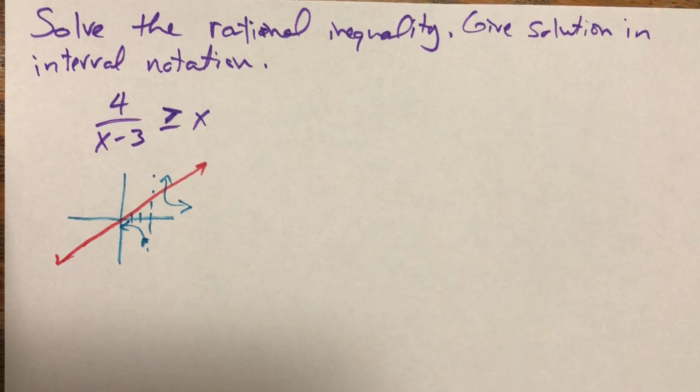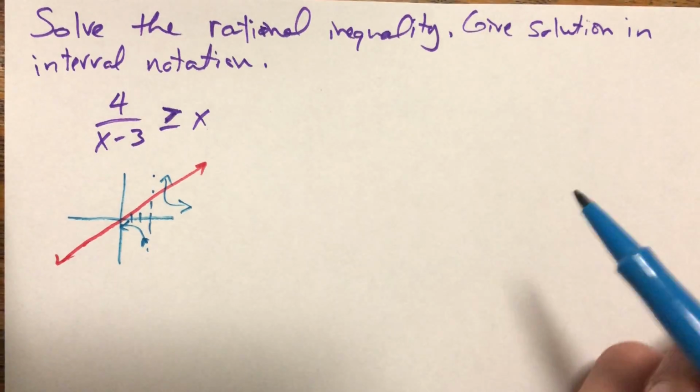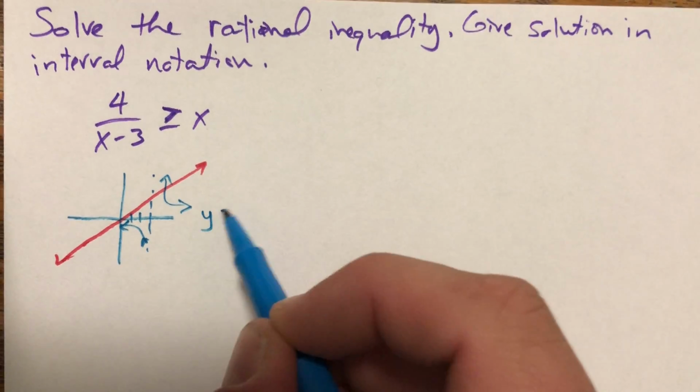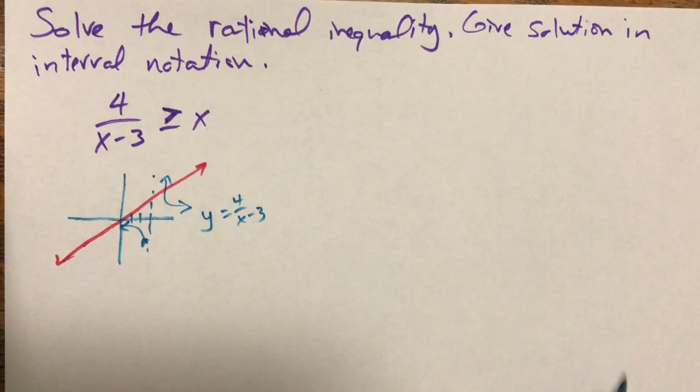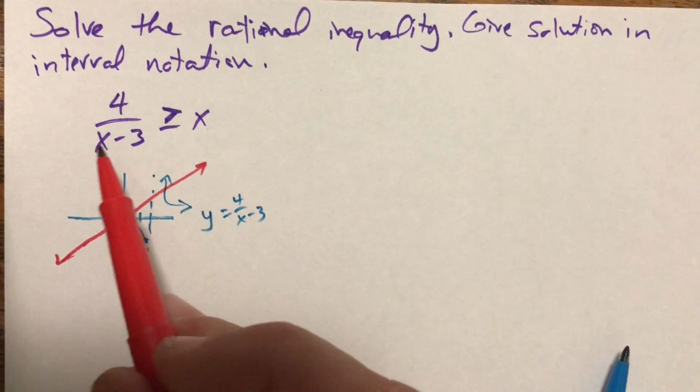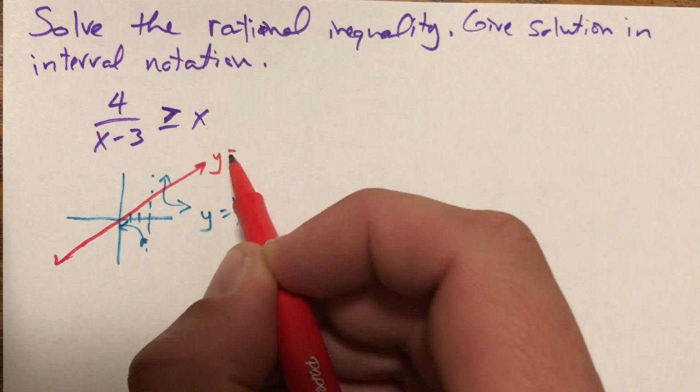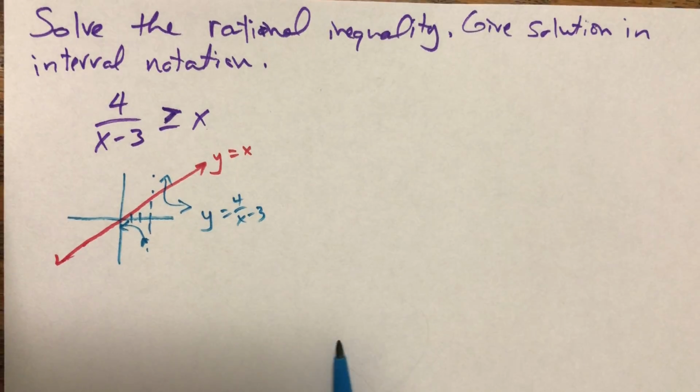right? The identity function. So what this original inequality is asking is, where is this figure? So that's the blue one, y equals 4 over x minus 3. We're asking, where is the blue one above or equal to the red one? So this is y equals x. So this is a bit more complicated than we want to think of graphically,